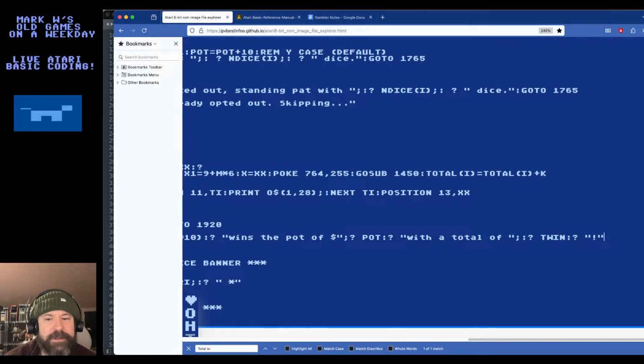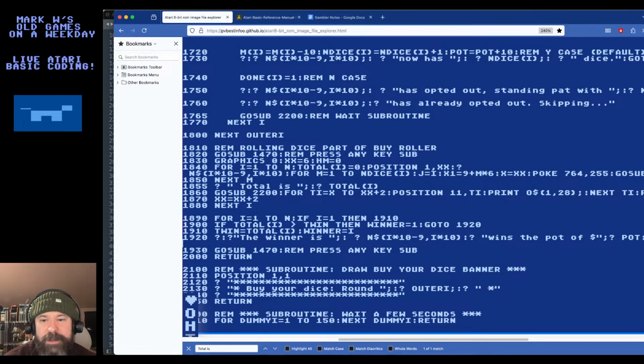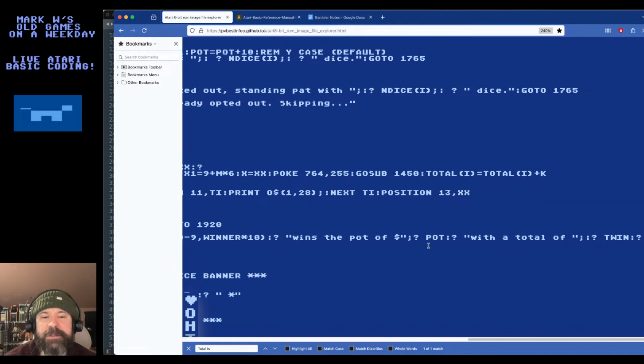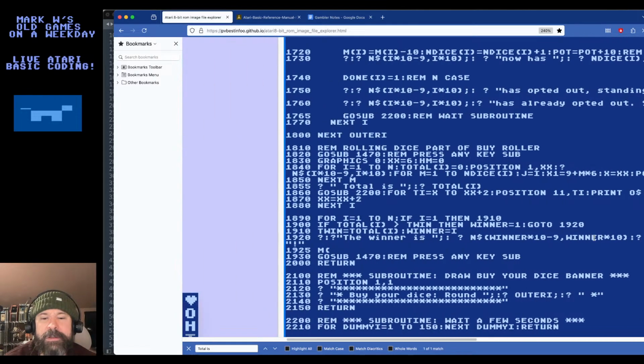All right, so that should display correctly, but we should also assign the winnings. So what we can say is M of. Actually, this isn't totally right, is it? It should be winner, not I. I kind of lucked out that it displayed correctly before.